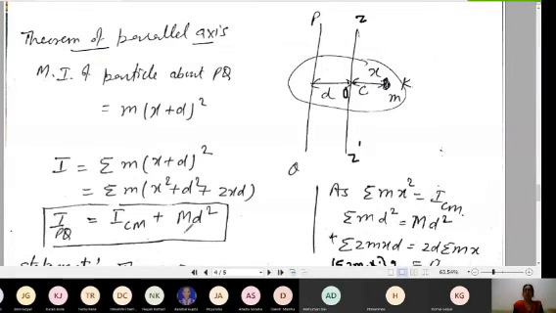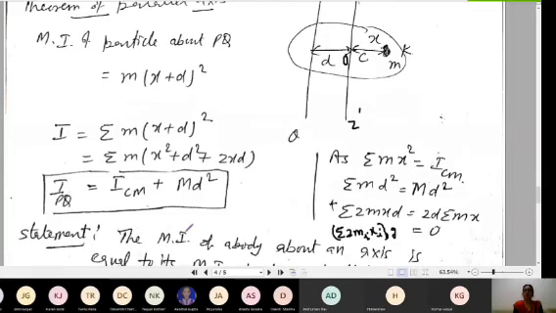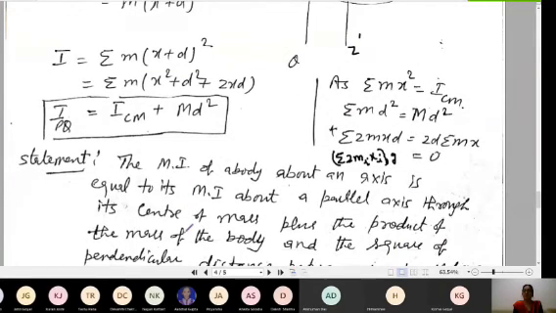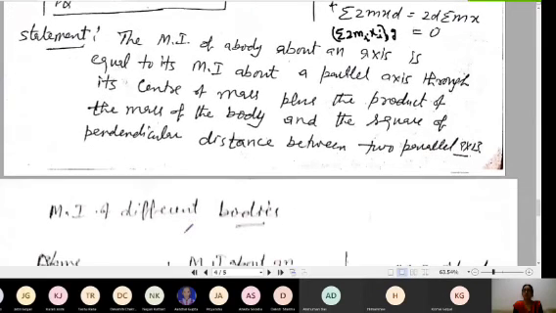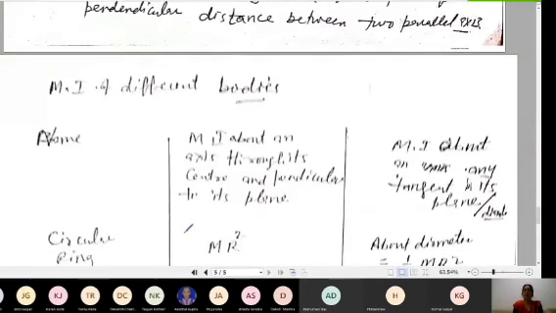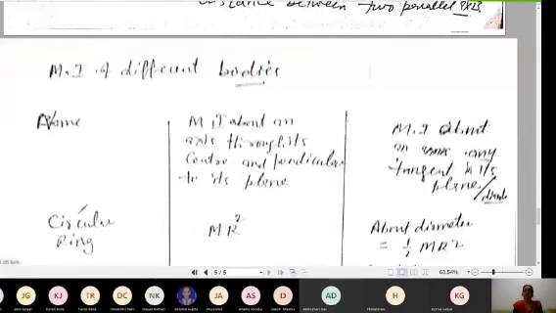So you have to learn how to apply this theorem under different conditions. For that, if you are given the moment of inertia for standard bodies, like the moment of inertia for a circular ring about its center of mass, like if this is the circular ring with me, and the moment of inertia about this axis which is passing through its center is given to you as mr square, and I want to find it about any axis which is about its diameter.